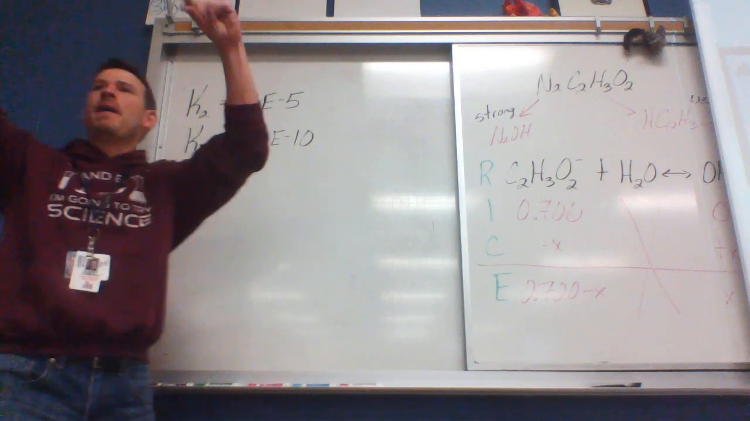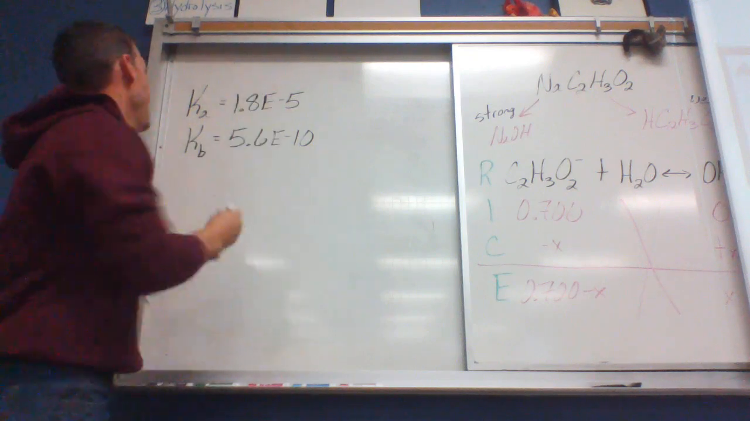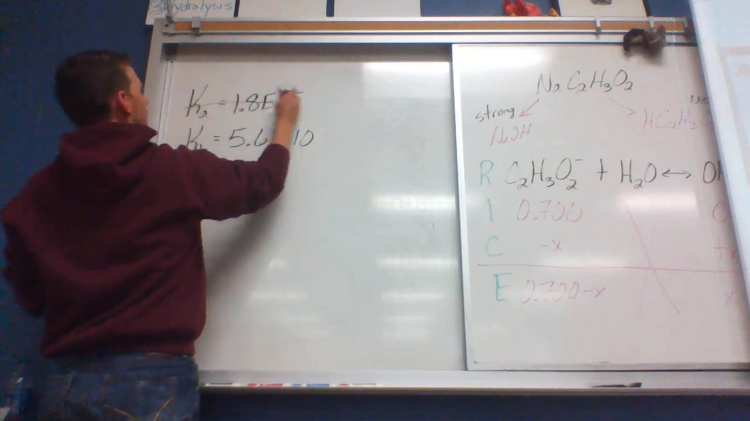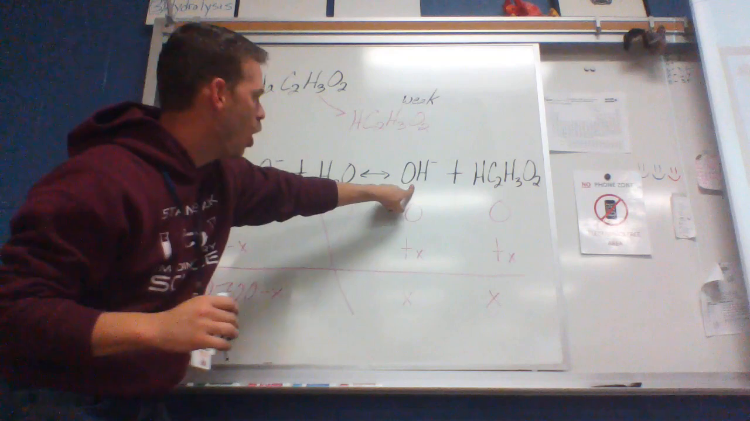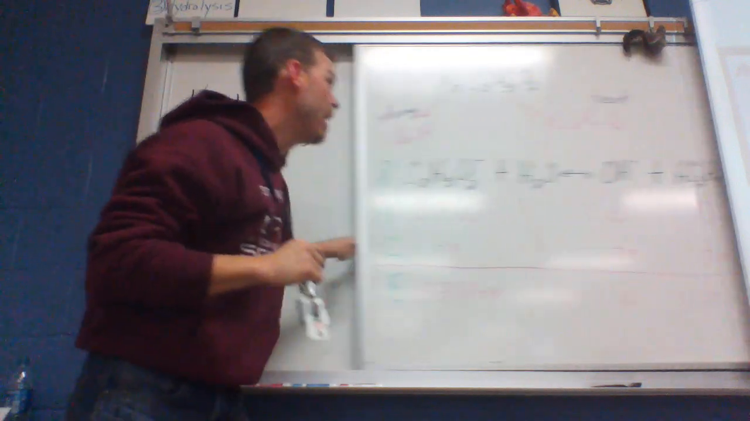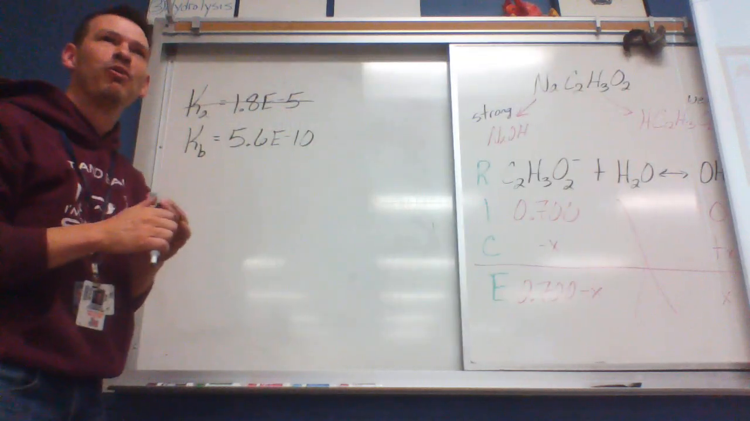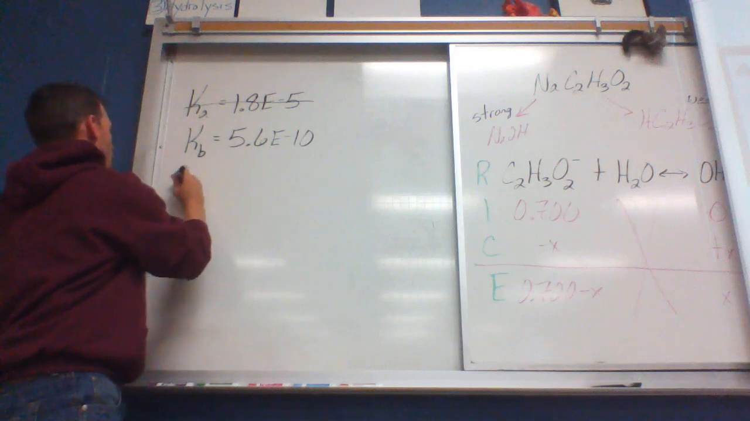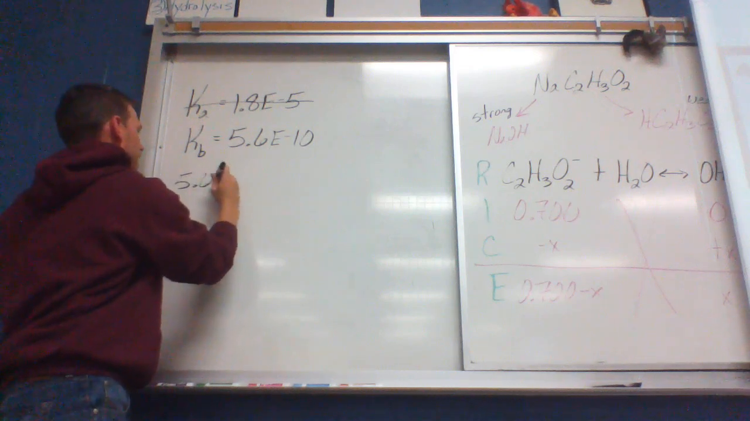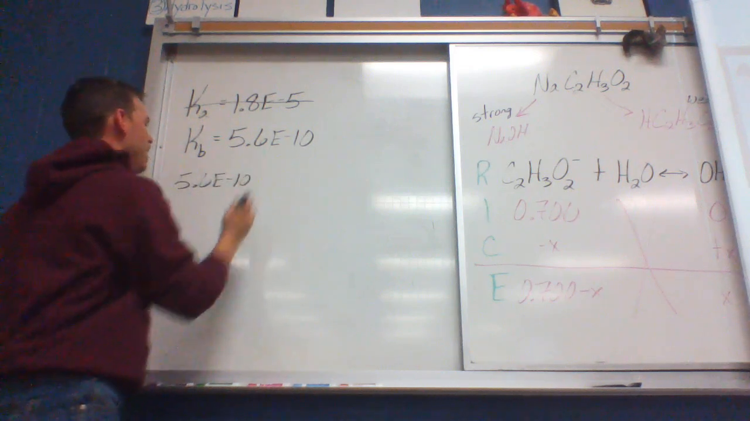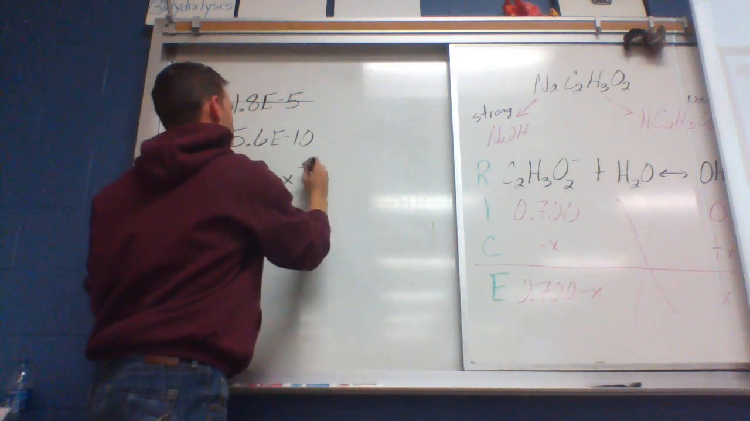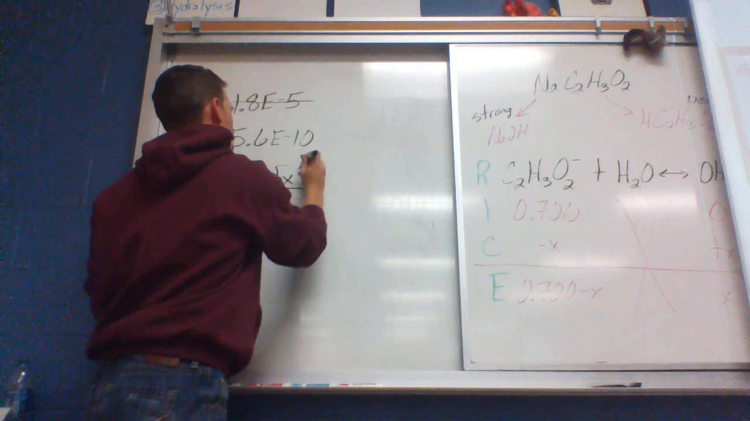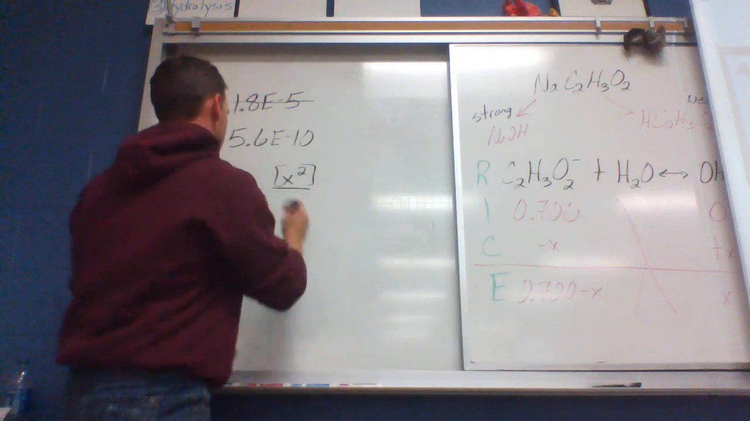All right, back up here. We got rid of that Ka because we don't need it, because our X is going to solve for OH minus. That is Kb. And now we can go for it. 5.6 E negative 10 is the K, equals X squared, those are the products, over 0.7 minus X,